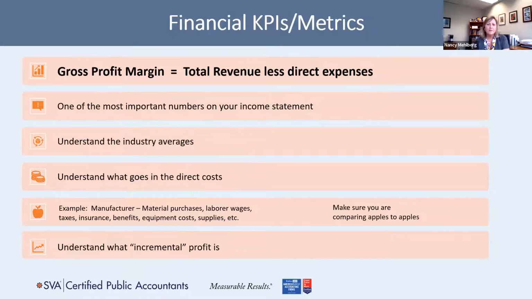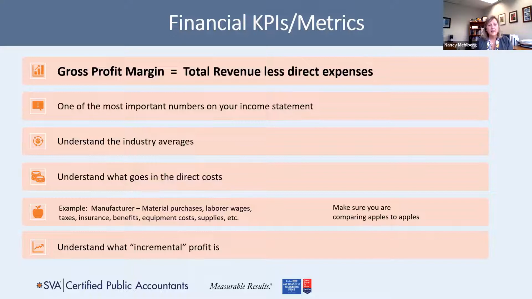So one of the metrics, this isn't really a ratio, but it's a metric that I want to talk a little bit about here, is gross profit margin. And I'm sure that if you've been on any of my other webinars, I say this is probably the most important number on your financial statement that everyone should know. And I'm surprised how many times I meet with a new client and I ask them, what's their profit margin and what should their profit margin be? And they don't know. Every industry has a benchmark on profit margins. It's very, very important to know what that is for your industry in your area.